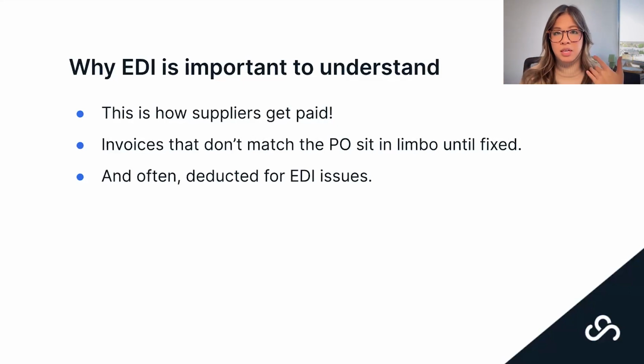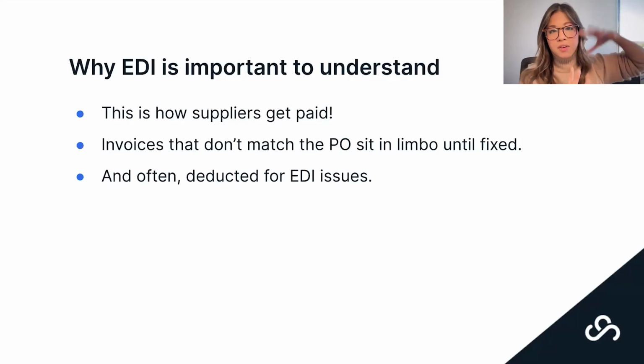Walmart will basically receive your invoice and they'll deduct you for that. They'll say, wait a minute, we sent a PO for $5. Why are you invoicing us for $6? We're going to deduct you $1 for every unit on this particular PO. So it's really important to make sure that your EDI is matching, your invoices are matching the POs, and